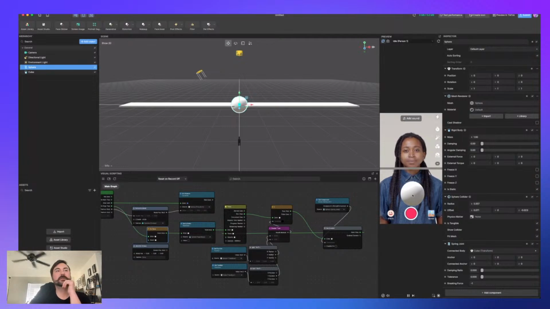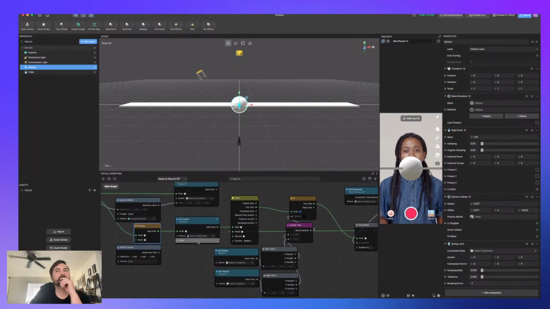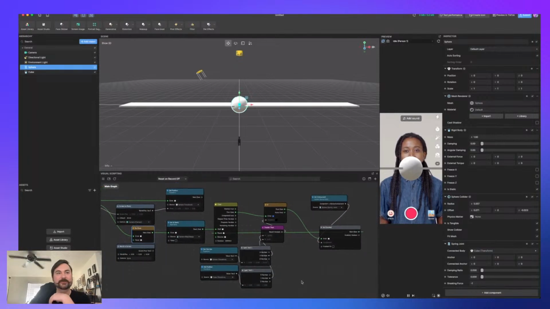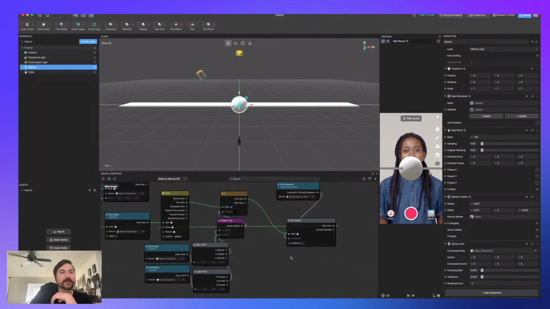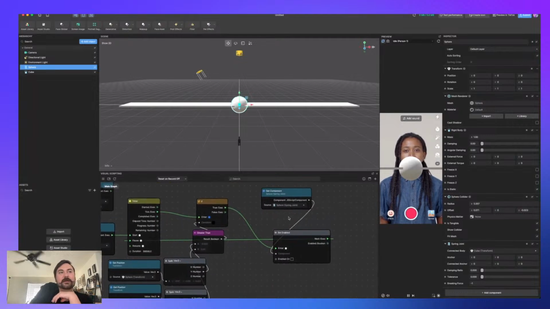Okay, so that should. And the sphere should be. Is it snapping to the cube right now? Or is it because I turned the spring joint off and so it went back to kind of being static?